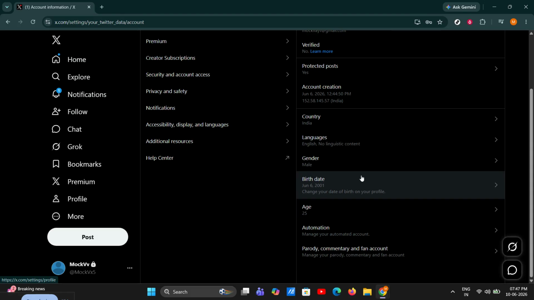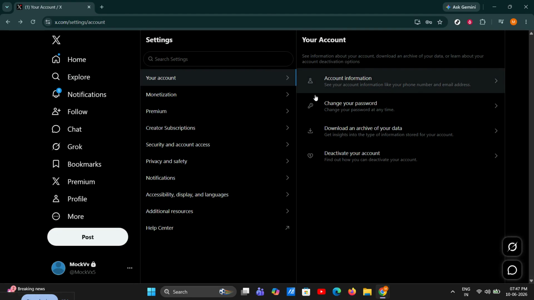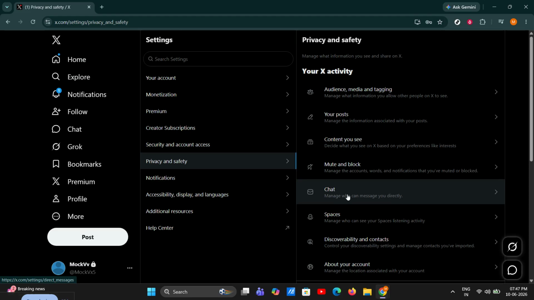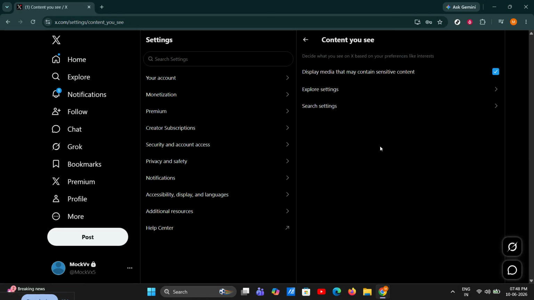Once your account information is confirmed, go back to the main settings menu and click Privacy and Safety. This is where you manage what type of content you can see on X. After that, select Content You See. In this section, look for the option that says Display Media that may contain sensitive content. If you are eligible and the option is available, turn it on. This tells X that you want sensitive media to appear in your feed and in posts where that type of